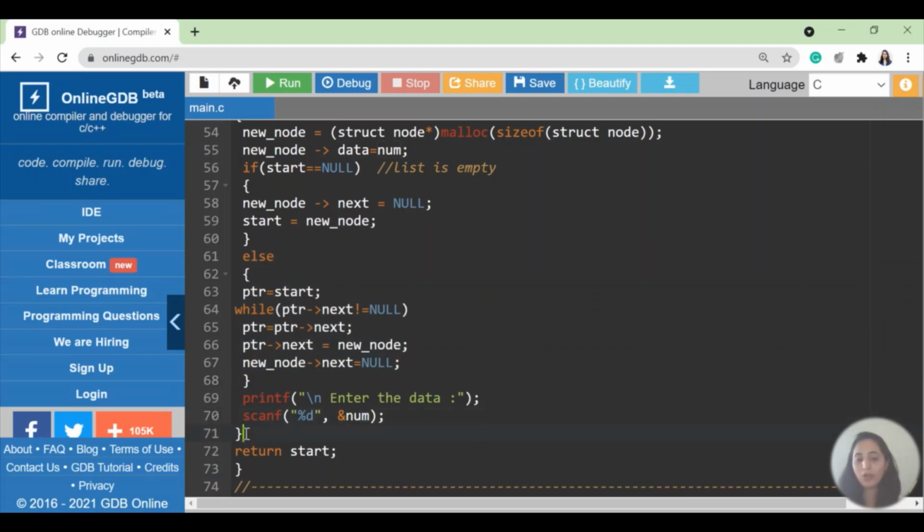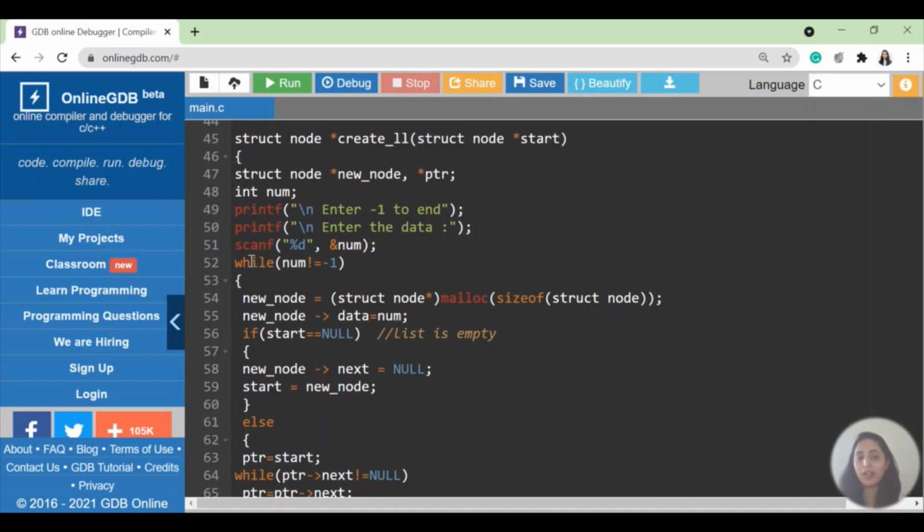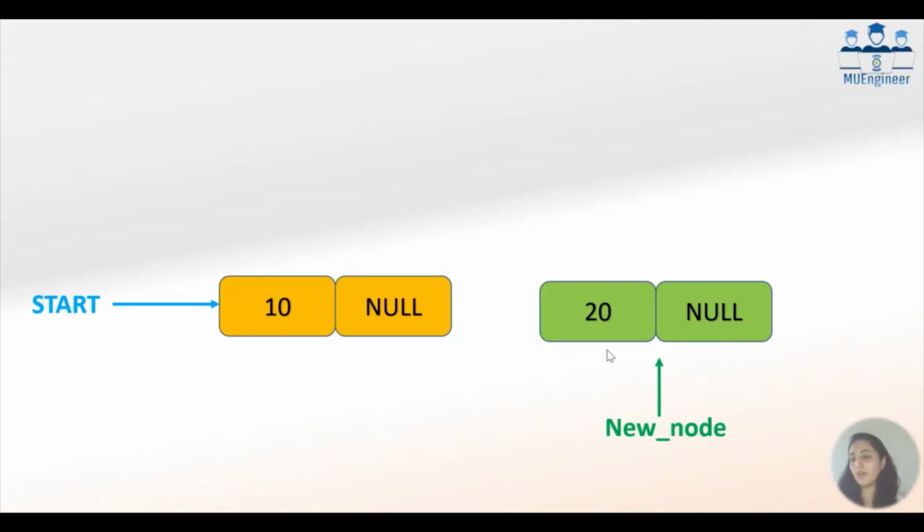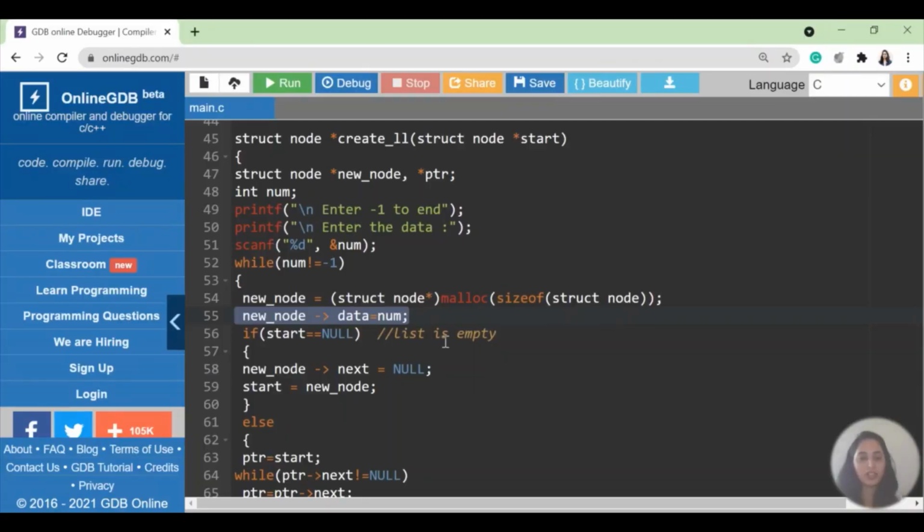So here this loop has been closed and this is nothing but the same while loop. Now the data you entered is number 20, which you want to insert. Again the while loop is true and you are going inside the while loop. So what you are doing, again I get a new node, its size is allocated, then in the data of the new node I copy this num value 20, as you can see in this picture, green color. So this is another new node which has value 20, which I have just pasted.